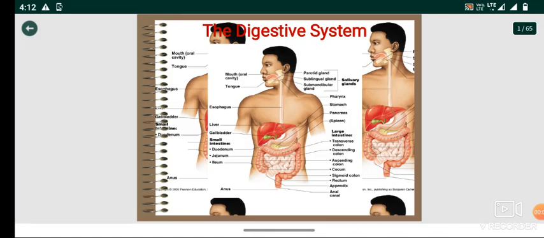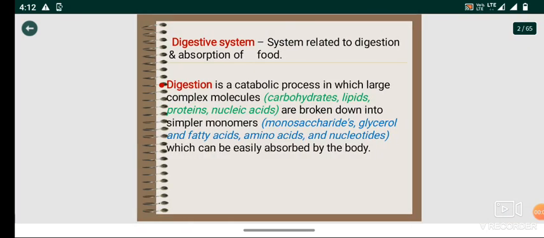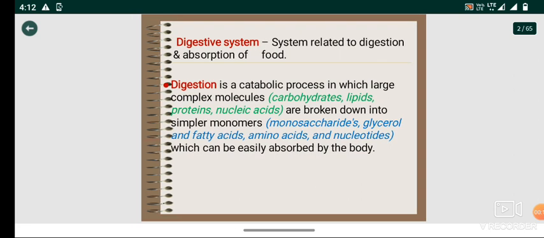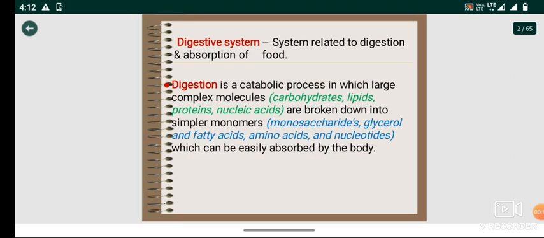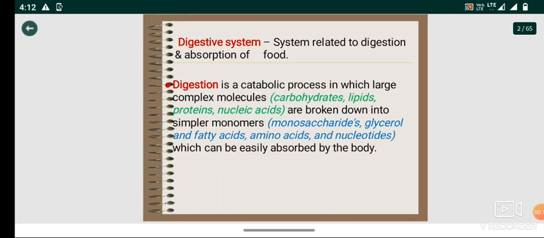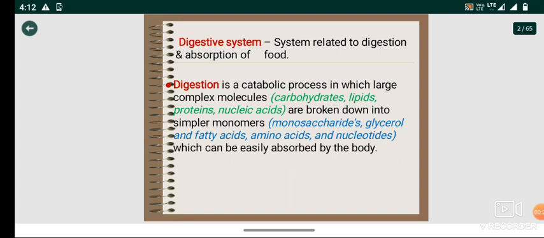In this video, we are going to discuss the digestive system. So here I am going to introduce you to the digestive system. As the name implies, it is a system which is related to digestion and absorption of the food. Digestion is not completed until the digested food, the simpler substances which get digested by the digestive system, get absorbed. So the motto of the digestive system is to convert the complex substances that we eat as food